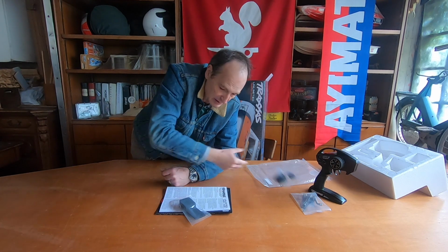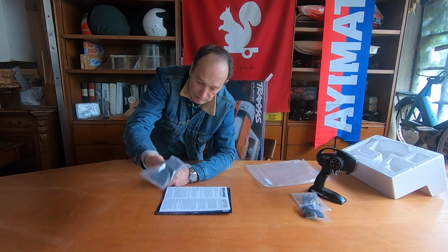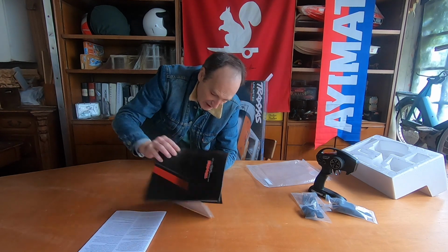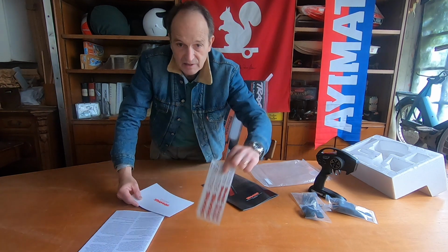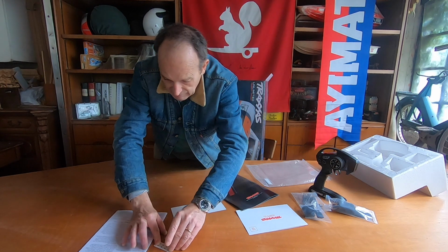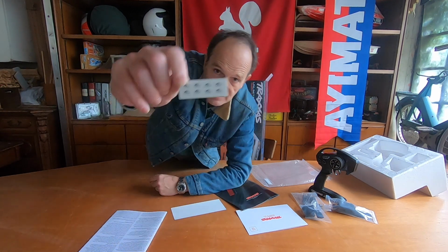You have two plugs. This is to close one plug, and this is foam to reduce the space inside the battery compartment. If you have batteries that are not so big, they require it, otherwise they dangle inside, it's not good. And this is good. Then you have instructions, stickers, warranty, little fox stickers,